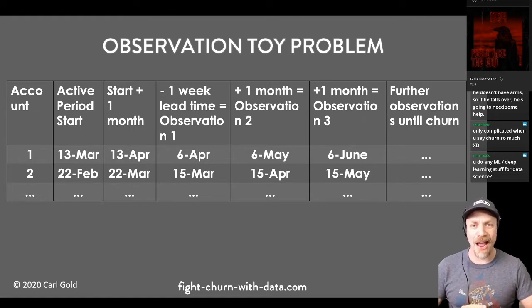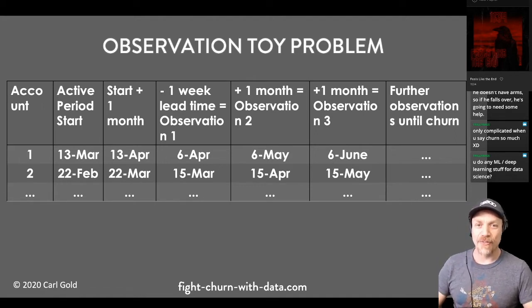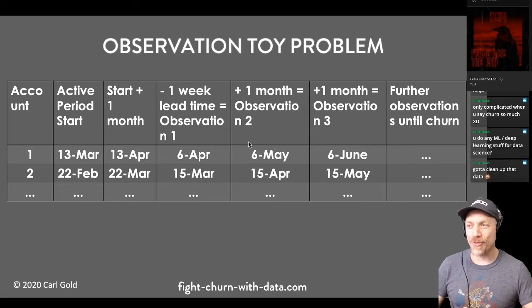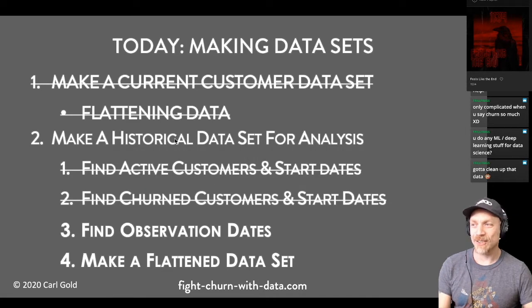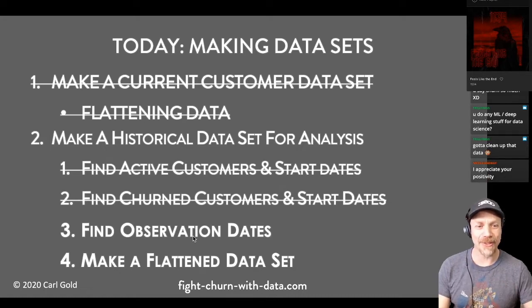What we're doing right now is actually making the data set. It's like I tell a lot of people, in a typical machine learning or AI course, they just give you your data set and they say, oh, here's your algorithm, run this algorithm. But in the real world of data science on the job, you have to make your own data set. And what I'm actually teaching on this stream is how to make a data set from raw data. We're pretty far through the process at this point. Let me go back up. This was the process. So we're on this step 3 of finding observation dates, but pretty soon we'll have a real data set. I appreciate my positivity.